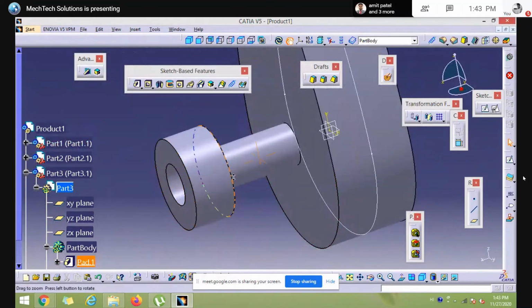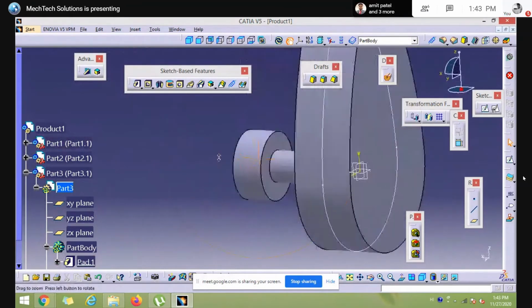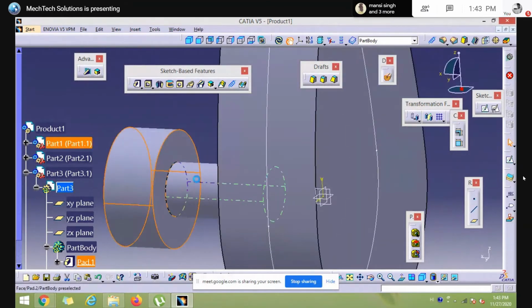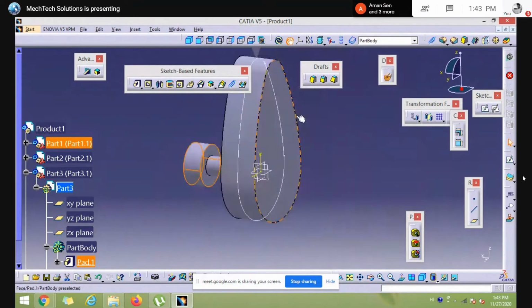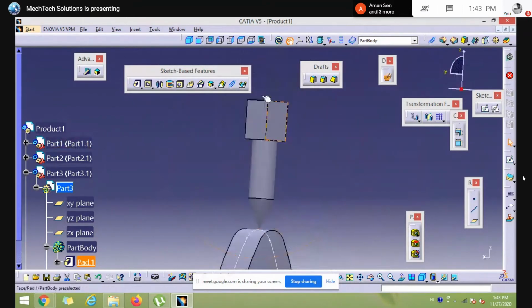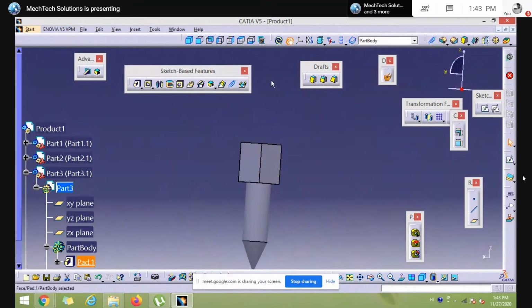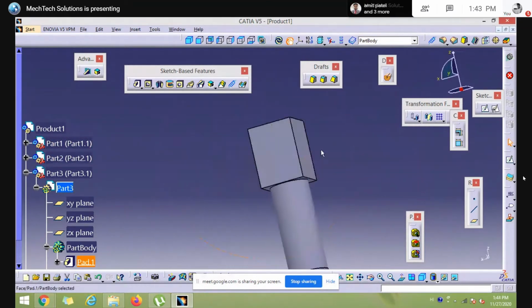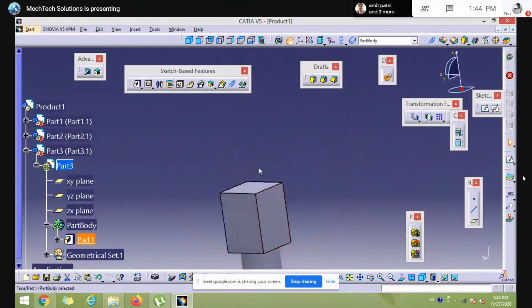It's a cylindrical part. So here we will use a revolute joint between these two parts. What happens? It will be a fixed part and it will rotate. So the cam will rotate. And what happens in the follower? The follower gives reciprocating motion. So what we need is to create a prismatic joint.